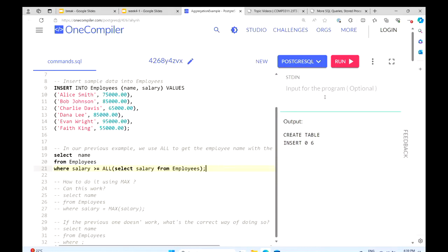This will give us Ivan, who has the highest salary. This is our previous example of using the ALL quantifier.